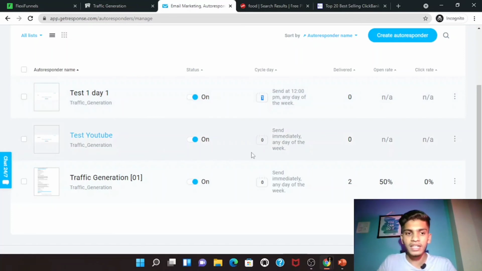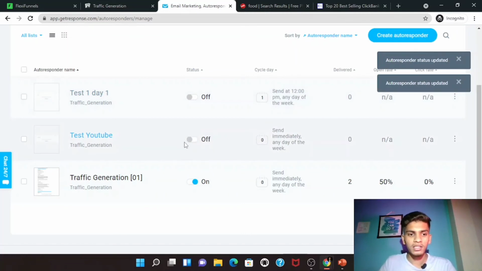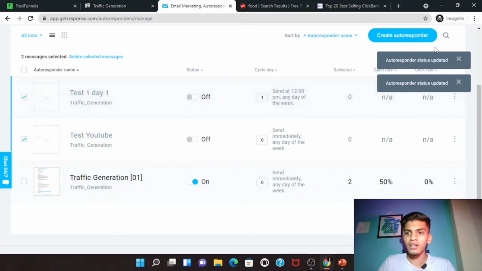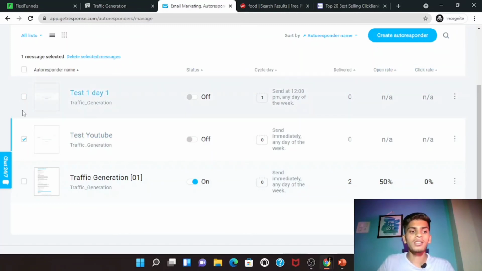This will go immediately and this will go after 1 day. I don't need it now, so I'll just turn it off, and maybe I'll delete it later, but this is how you can create your autoresponder using GetResponse.